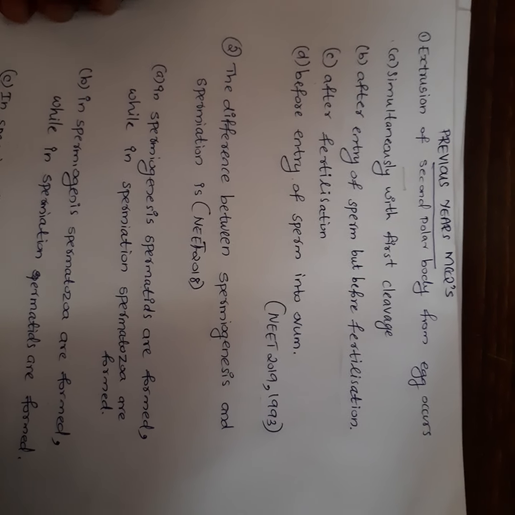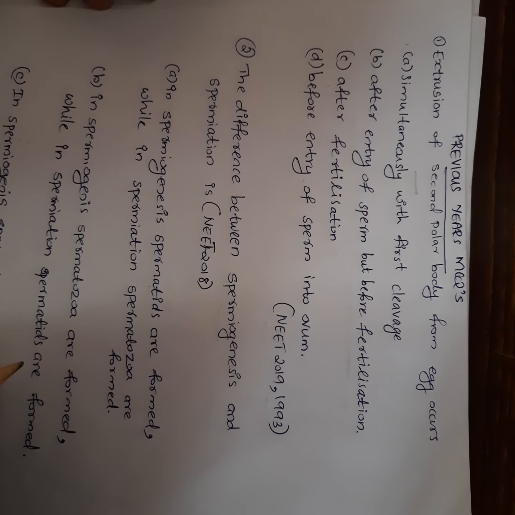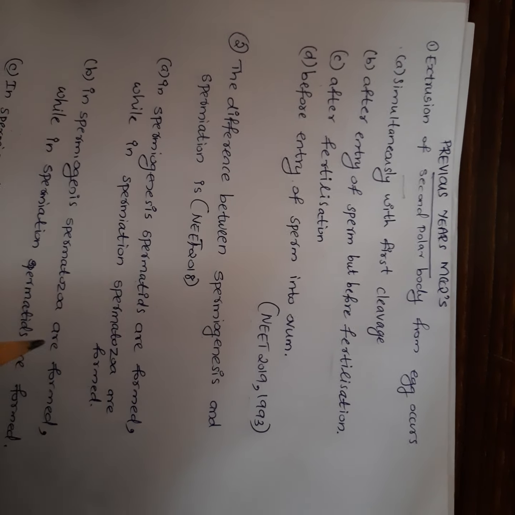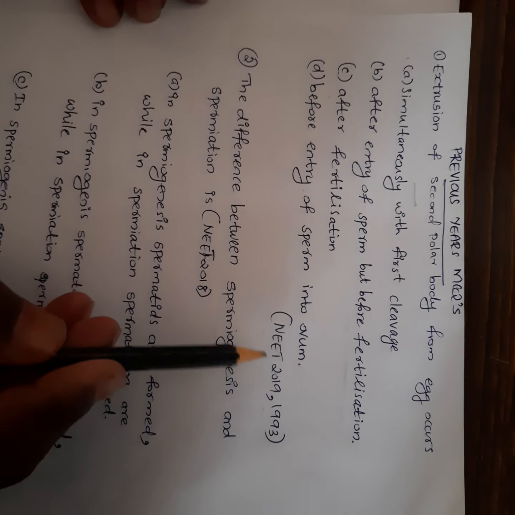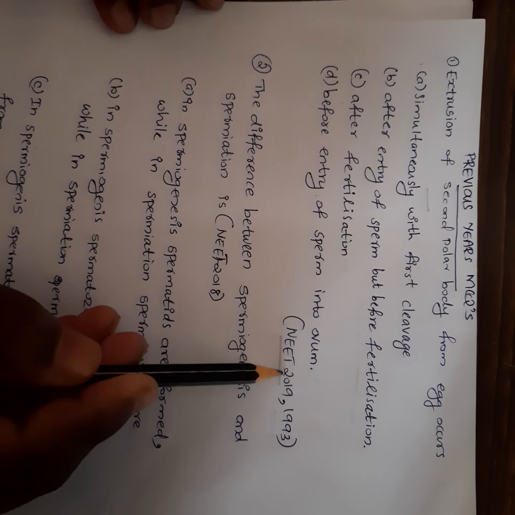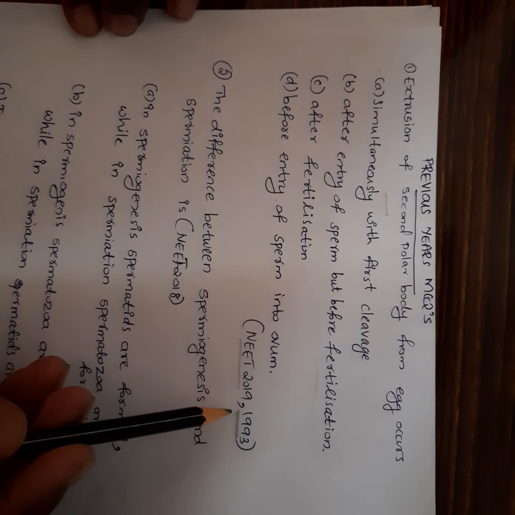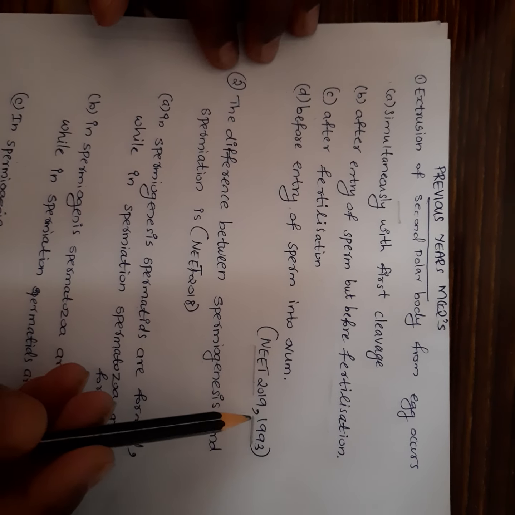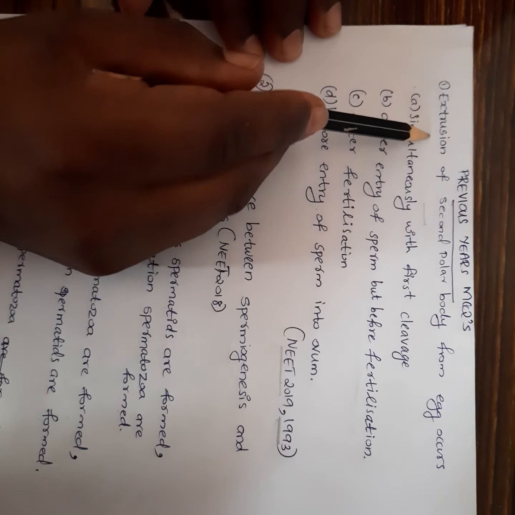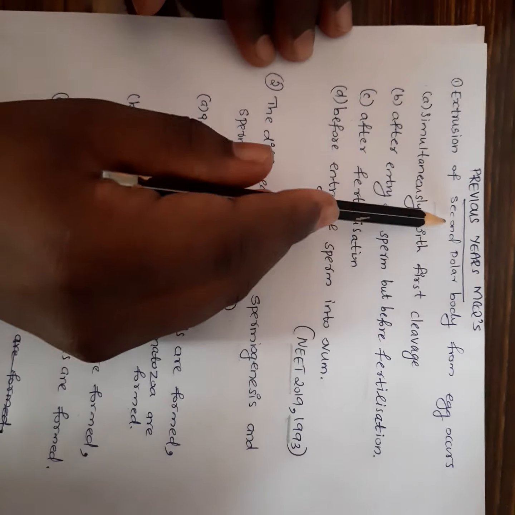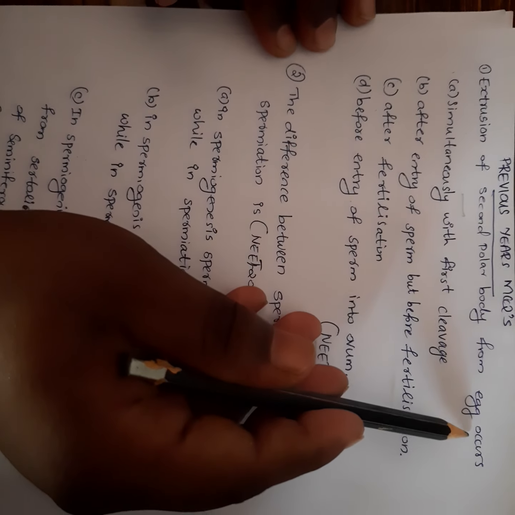Next, I'm taking the previous year's MCQs based on these two topics. Okay. First of all, I'm taking the question from NEET 2019. It was also asked in 1993. So some questions are repeating. Remember that. The question is, extrusion of the second polar body from the egg occurs